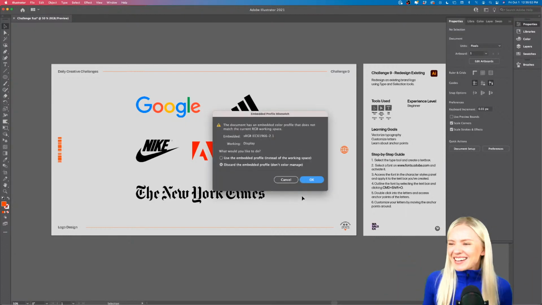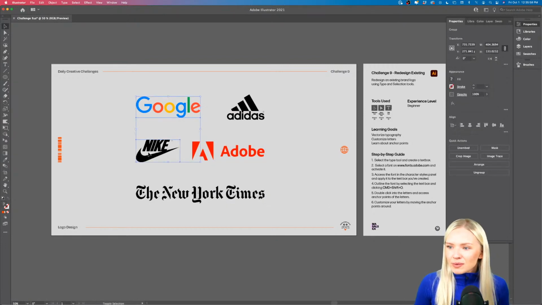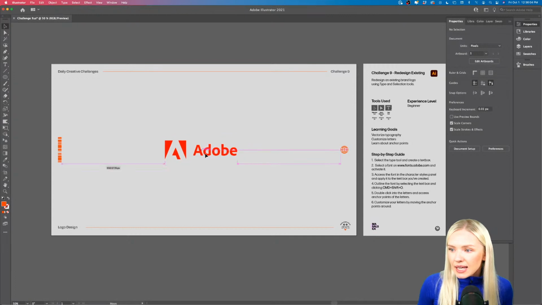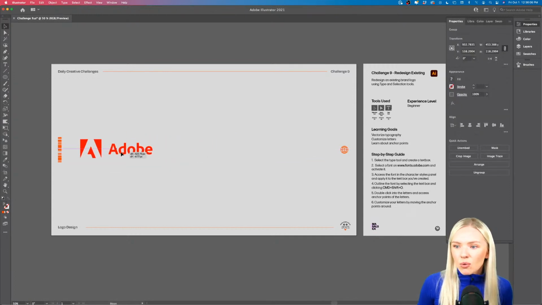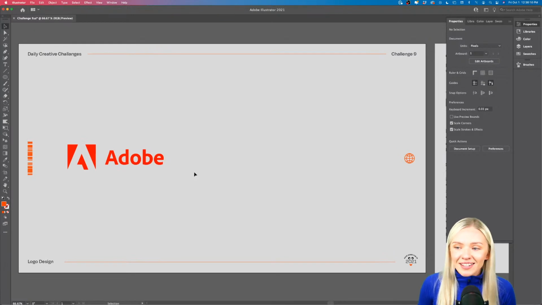Adobe, yes, I was kind of hoping that you'll say that. So I am going to attempt redesigning Adobe's logo, and we're going to be very experimental. So I'm just going to remove all of the other items. Holding shift, I'm simply clicking and doing this. So this is our initial Adobe logo, and I'm going to go in and attempt experimenting with different type of